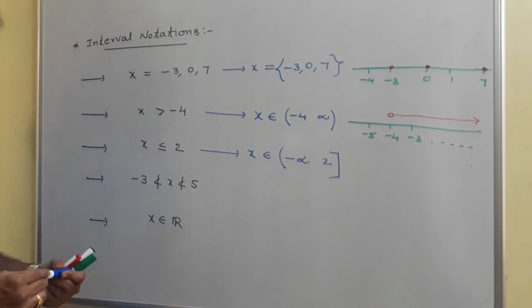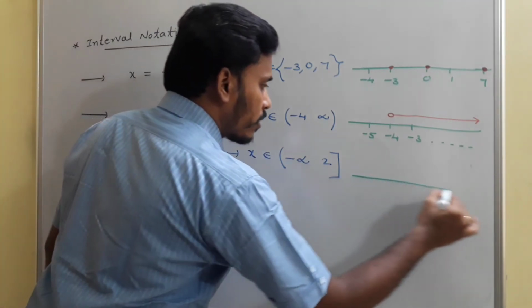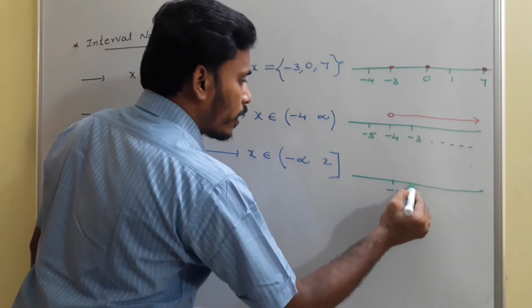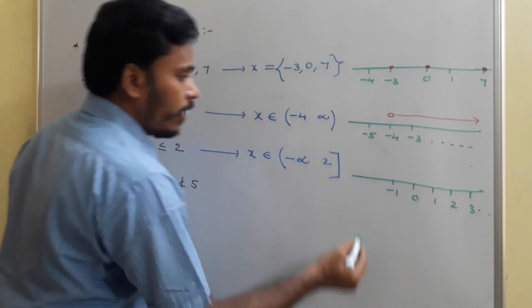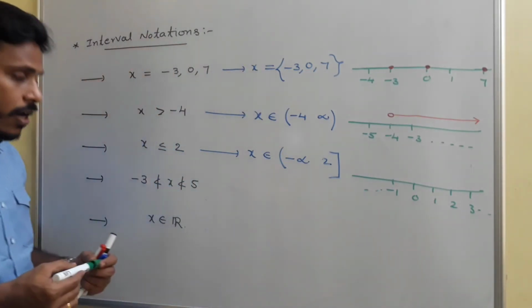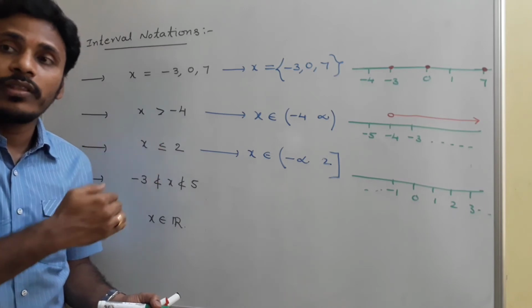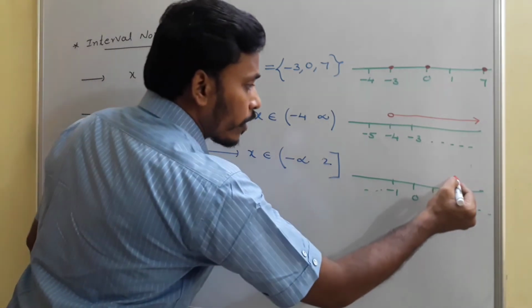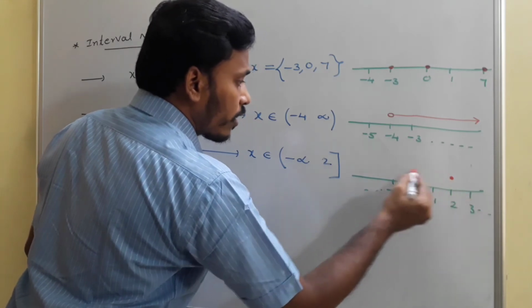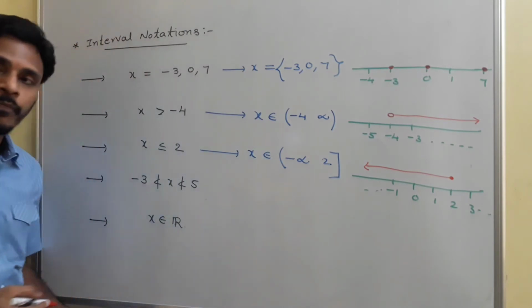And to represent it on the number line, see, on the number line there are many numbers, okay? Somewhere minus 1, 0, 1, 2, 3, and there are many numbers in both directions. Now the possible values of x are on the left side of 2, less than 2 in the sense of left side of 2. So since 2 is included, you just take a closed circle at 2 and then represent it by an arrow on the left side, okay?